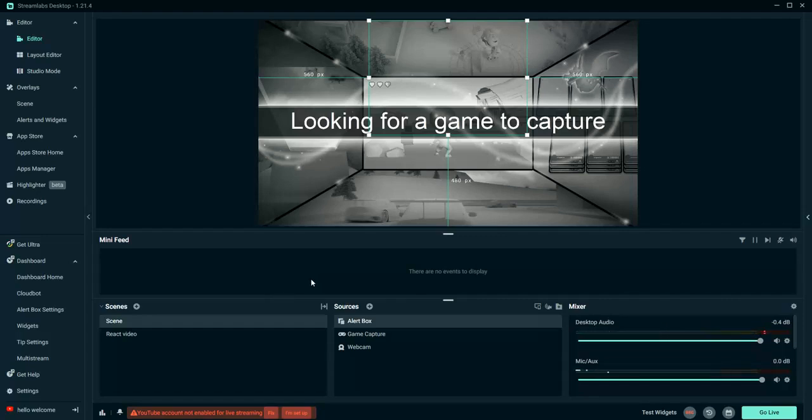After logging in, you'll be guided through the setup wizard. This is where Streamlabs will configure the basic settings for optimal performance based on your computer's specifications. You can always customize these settings later to better suit your streaming preferences. Once the setup is complete, you can explore the various features Streamlabs offers, such as customizing your alerts, setting up scenes, and adding widgets. Take some time to familiarize yourself with the interface so you can make the most out